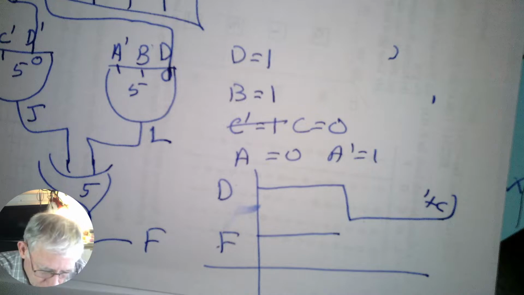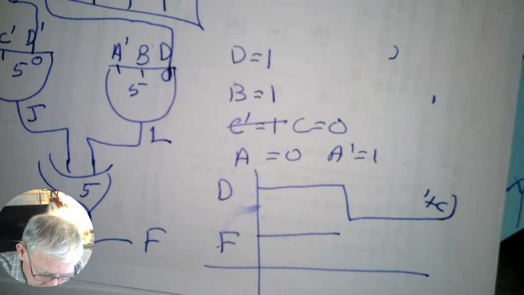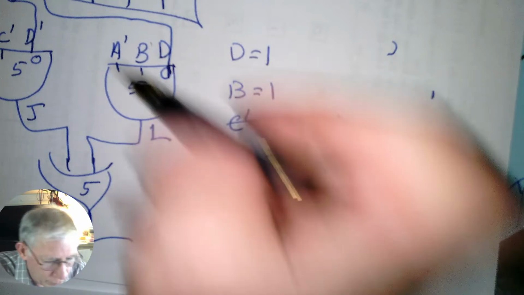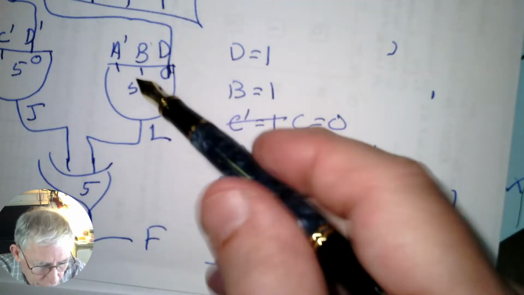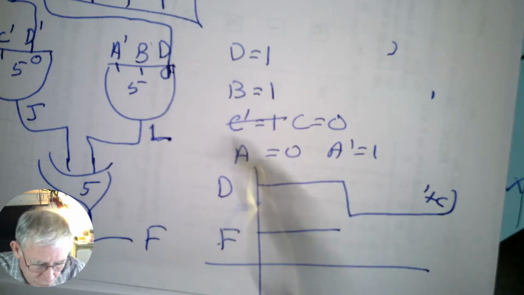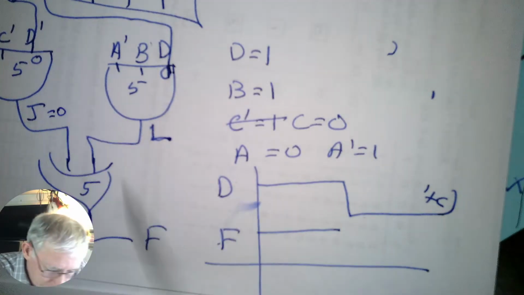Okay, well, so what happens then is 5 nanoseconds later, L, which has been a 1, at 10 nanoseconds, L goes down to 0, because D was 1, but now it changed to 0. So when D changes, it changes immediately, and it takes 5 nanoseconds for L to change, and 5 more nanoseconds for F to change to 0, because J is already equal to 0.